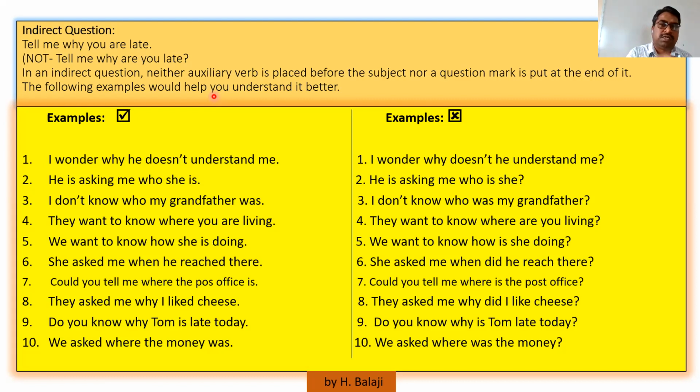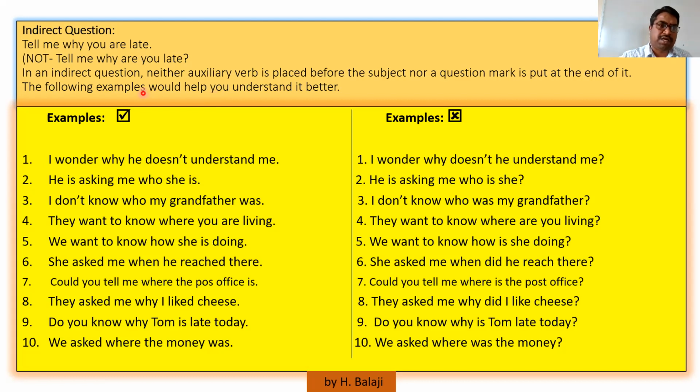So in this way, you can use some words, some phrases before the direct questions, put the auxiliary verb at the end of it, and make indirect questions, because indirect questions are felt to be polite, right? And direct questions sound impolite, even though you don't intend to insult the person in front of you, yet it is felt like that. So always prefer indirect questions when you want to get something from others. It may be information, it may be anything, but always prefer to make indirect questions instead of direct questions, right?